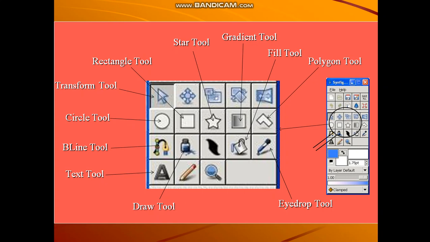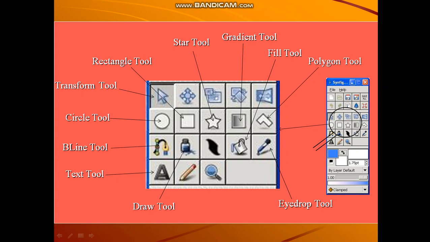Now these are the buttons available in the toolbox. This arrow is known as the transform tool. Then the circle tool is given, rectangle tool is given, star tool is given. This is the gradient tool. Then the polygon tool, the eyedrop tool, that is used to select color from our image.